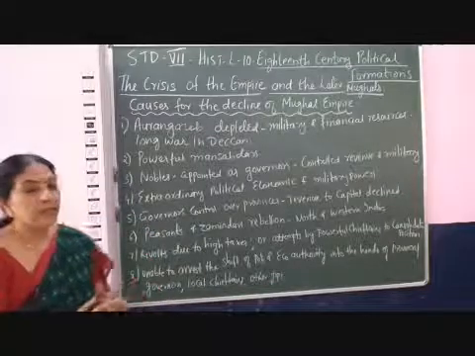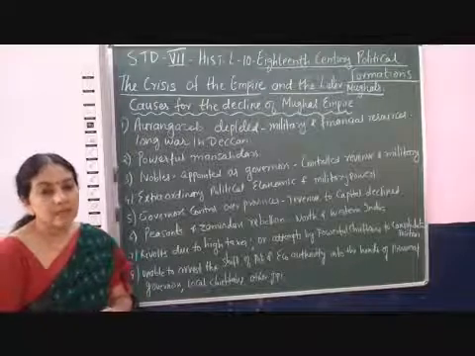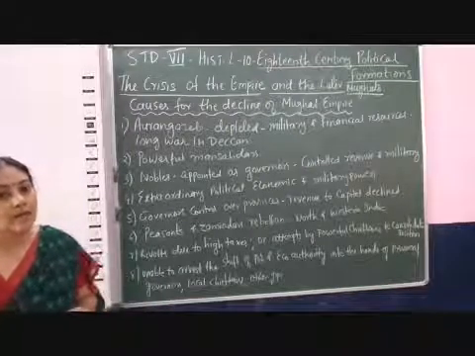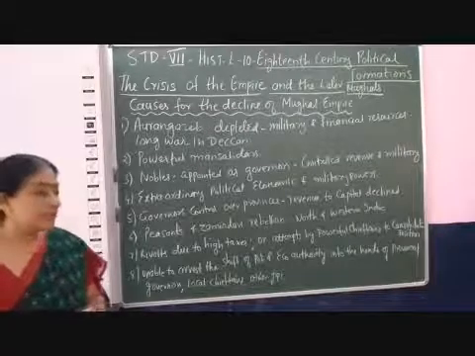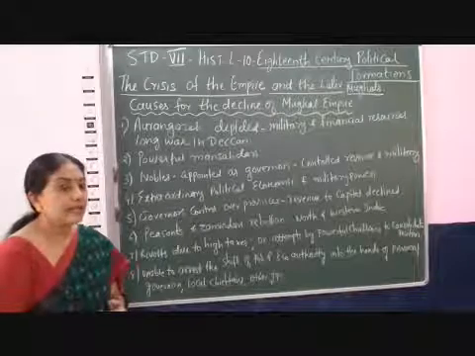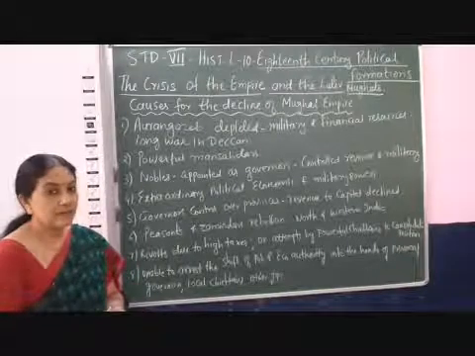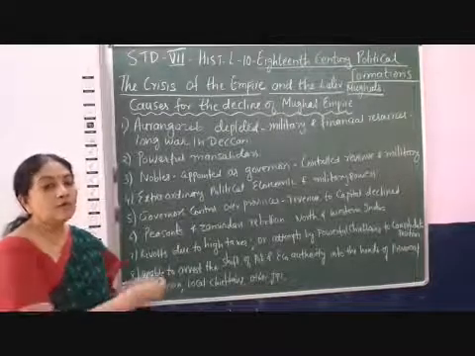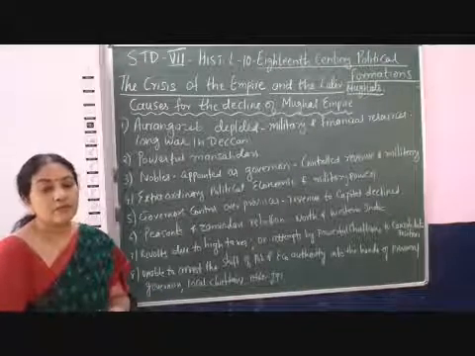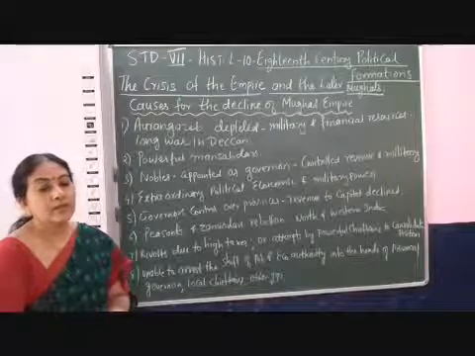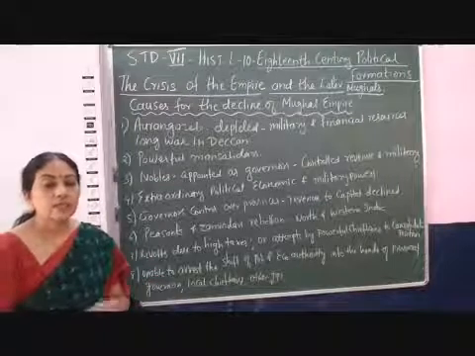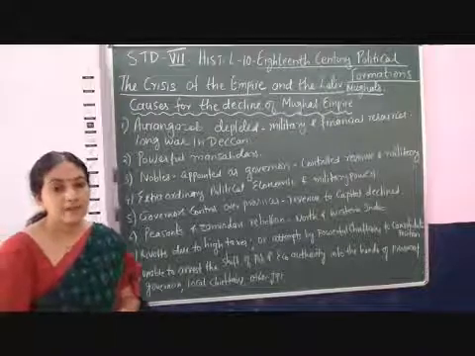Since the Mughal emperors were unable to keep a check on all these people, the shift of political and economic authority went into the hands of some provincial governors, some local chieftains, or other groups of people. So the authority of the Mughal Empire declined. There are many other reasons also for the decline of the Mughal Empire that we will study in the next